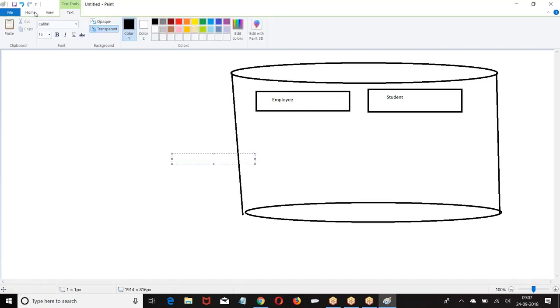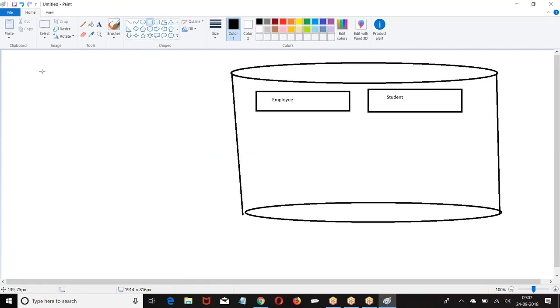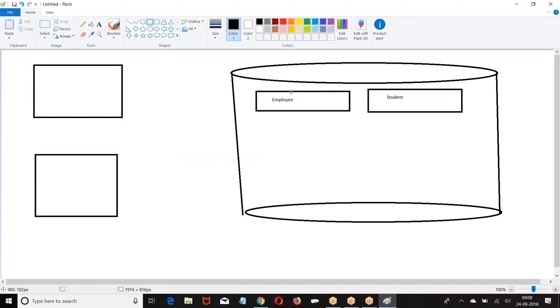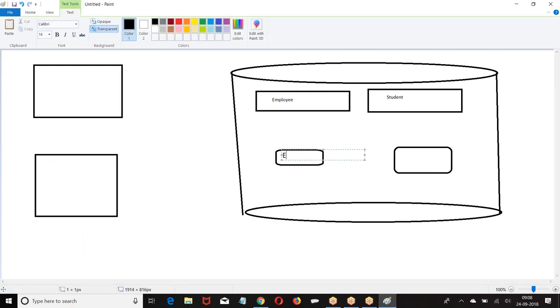Now we have application 1, application 2. For every table, only one tab will be created. For every table, only one tab.